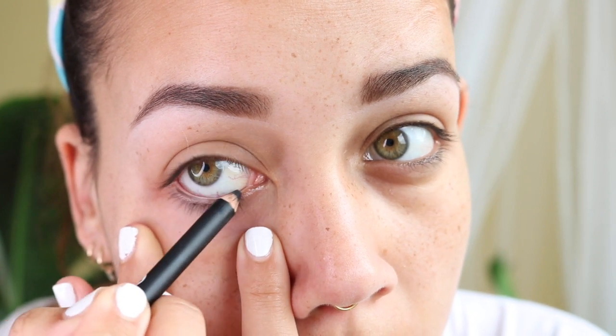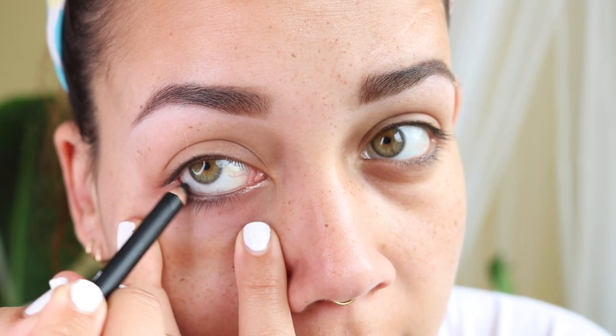I actually always start off by applying a black eyeliner to the inside of my eyes, because when I already have my eyeshadow on here, I don't want to go in with my fingers and mess it all up. So I do this first because I can't. Can you guys do that, like without holding everything down? I can't. Alright, so I applied it on the bottom part of my eye, but I'm gonna apply it on